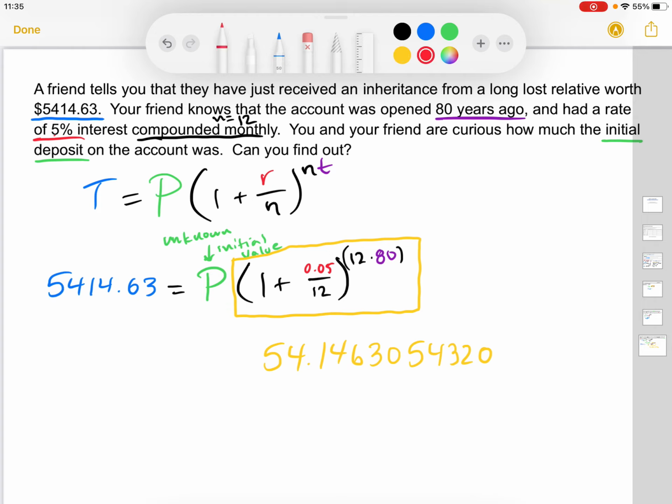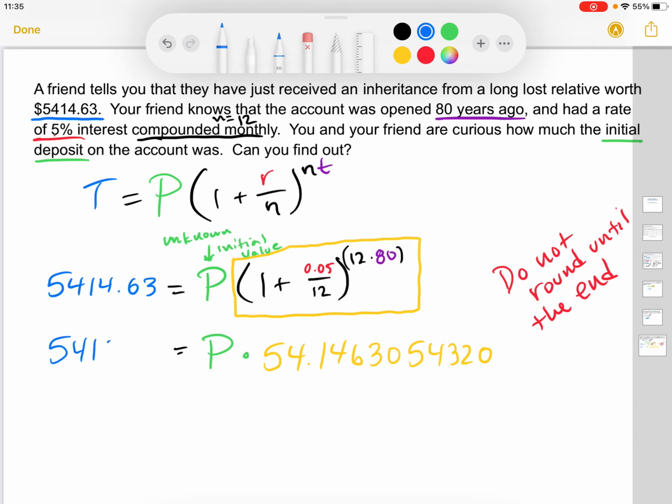The less that I round off here, the more accurate my final answer will be. Just as a general note, do not round until the end. The more you round off in the middle, the further off your final value is going to be. So it may be a pain to write this all out, but it is being done for the sake of a more accurate final value. Okay, so this becomes P times 54.1463, etc.,